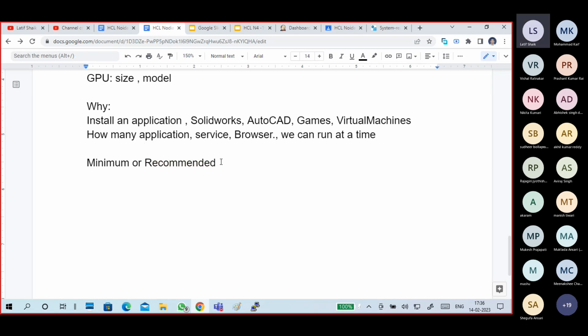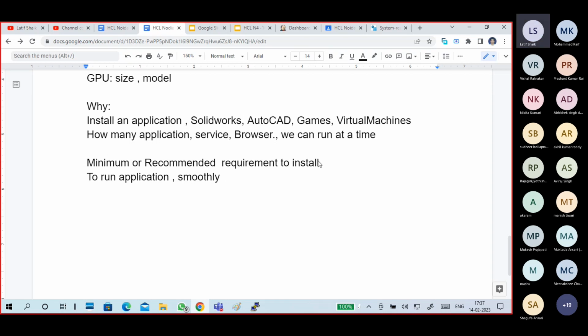Minimum or recommended, you will understand. Requirements to install, we have to check. It is also helpful to run the application smoothly. You can run an application if you meet the minimum or recommended system requirements.